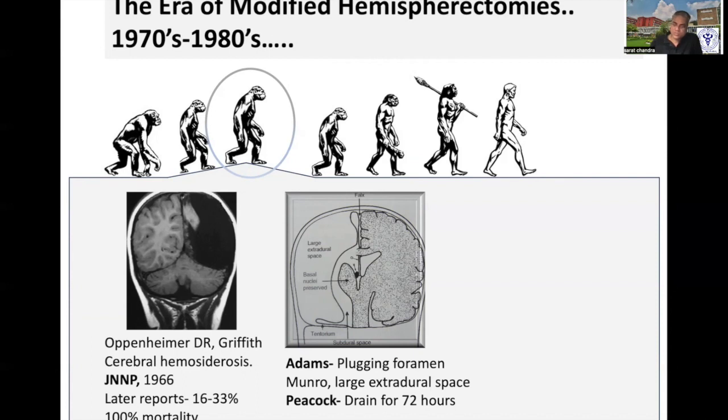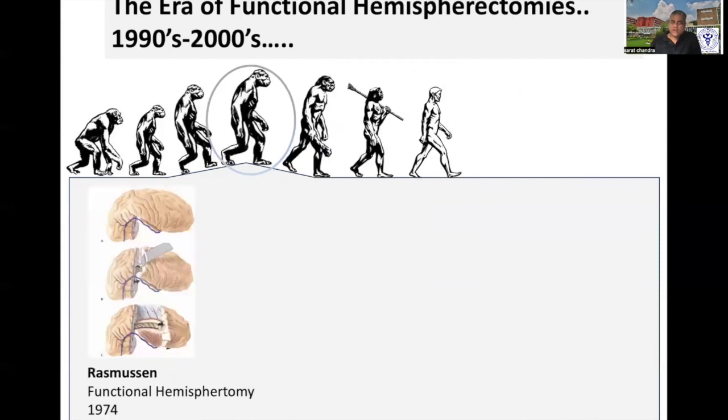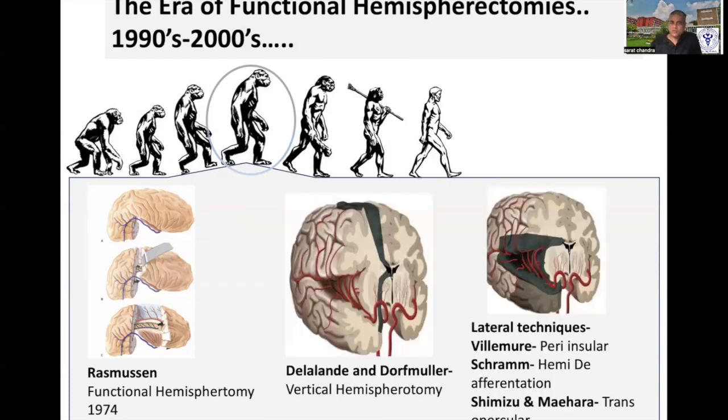So one technique was to create a large extradural space. The other technique was to plug the foramen of Monro with a piece of fat, and so on. And of course, the technique of hemidecortication was also developed, which was an alternative to hemispherectomy. Finally, in 1974, it was Rasmussen who developed the technique of functional hemispherotomy, and subsequently 2 techniques developed: the vertical technique primarily by Professor Delalande, and the lateral technique primarily by Villemure, later on with modifications from Schramm, Shimizu, and